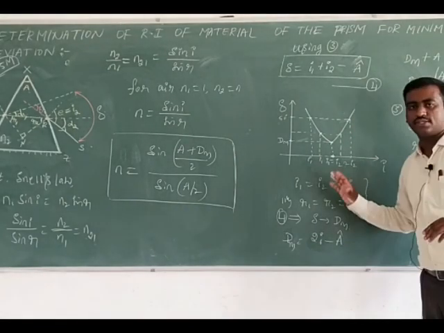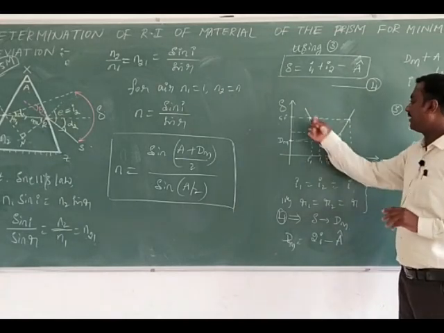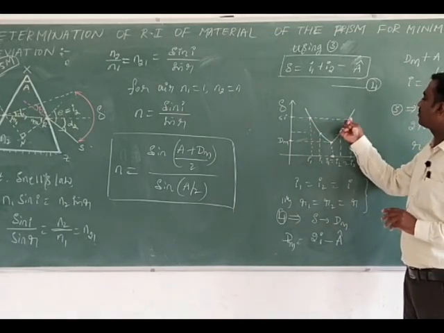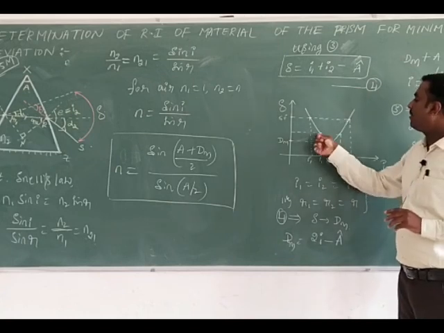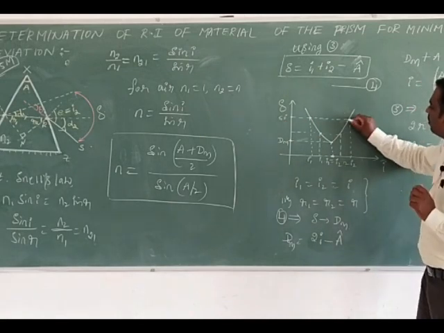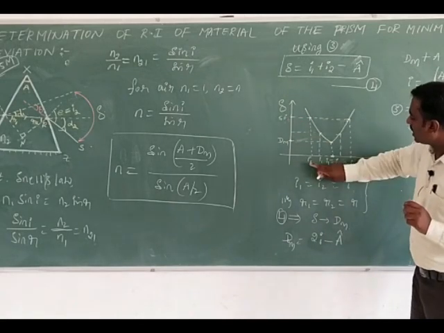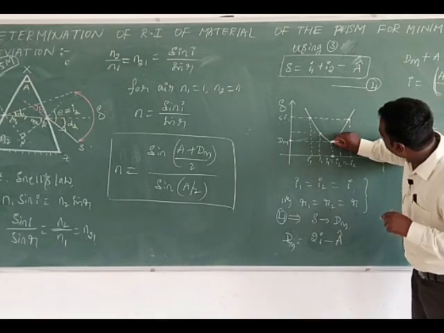Here there are 3 points in this graph. First, when the angle of incidence increases, the deviation decreases, and thereafter it starts to increase. Second, for every angle of deviation there are 2 angles of incidence. For one angle of deviation, there are 2 angles of incidence. But the third point, at the minimum deviation,